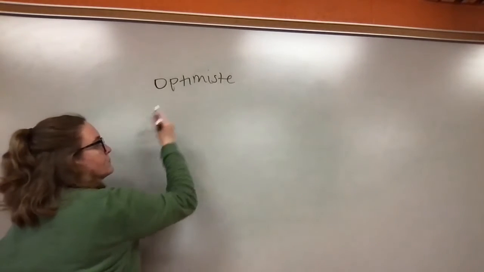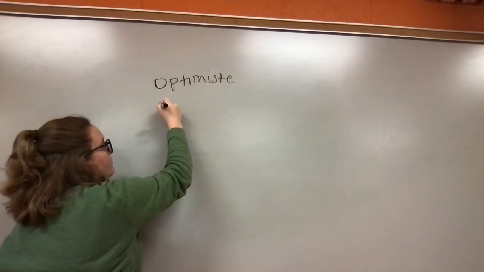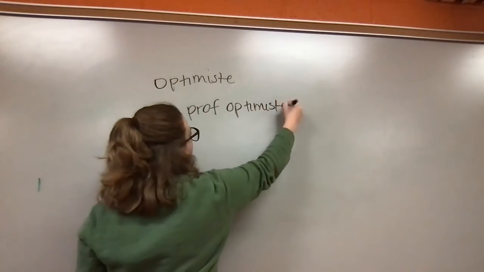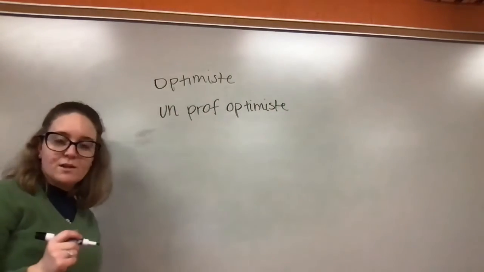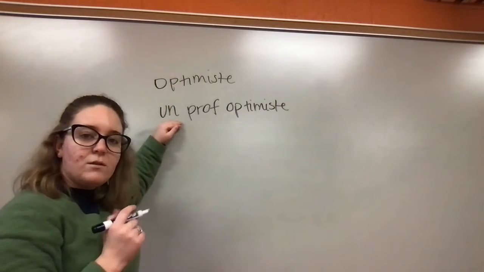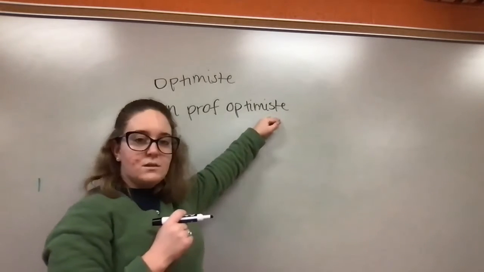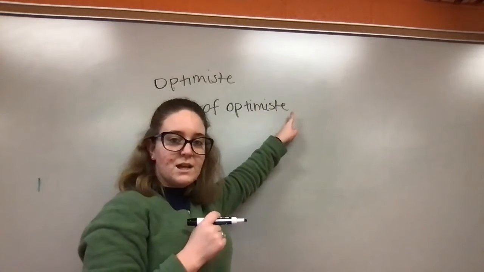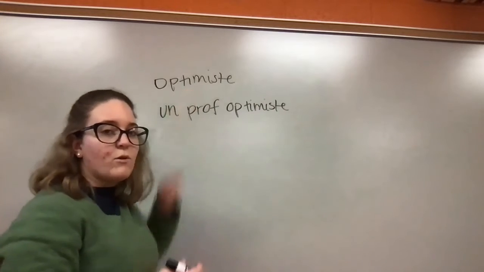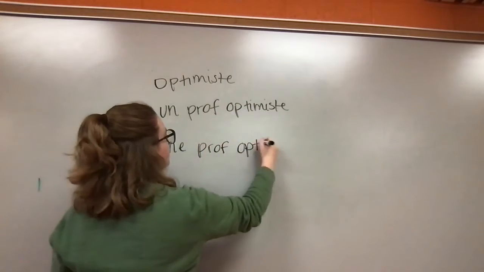So if we want to say an optimistic professor, he is masculine because we have the masculine article at the beginning, un prof optimiste. So we know that he's got to be masculine. This is the masculine form of this adjective, even though it has an E at the end. This is the base form that it's given in, and that is the masculine form and the feminine form as well. So if we say un prof optimiste,